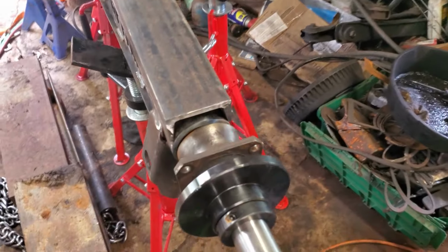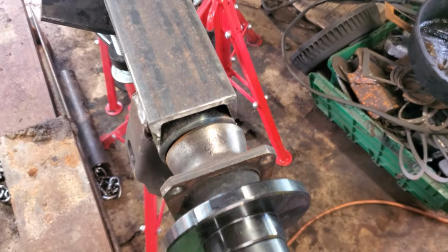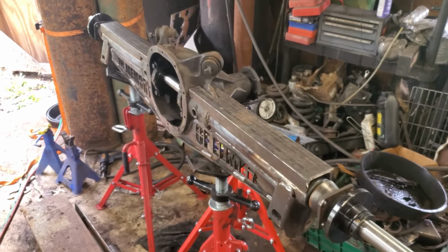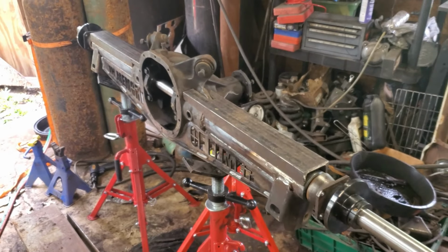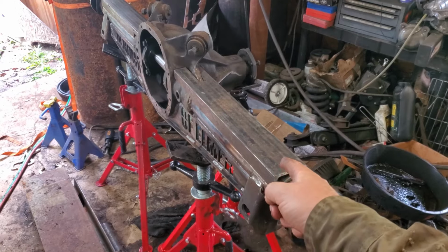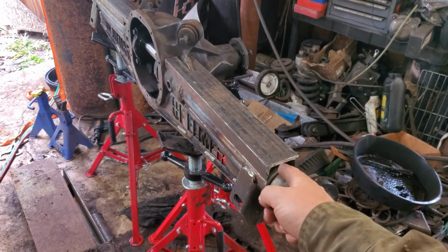This is what we're working with. A lot better than what it was. It still ain't perfect, but that's kind of acceptable from what everybody says. But we have it close, so I think I'm going to weld that on. And what I'm going to do, which will probably come back to bite me in the butt, I'm going to